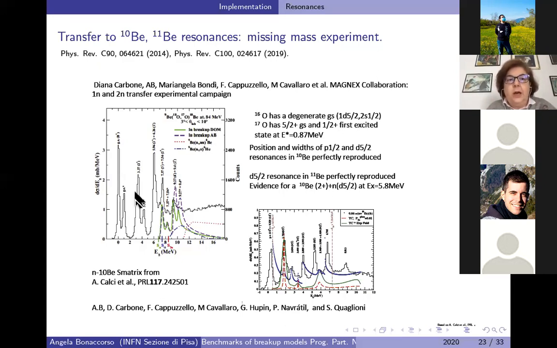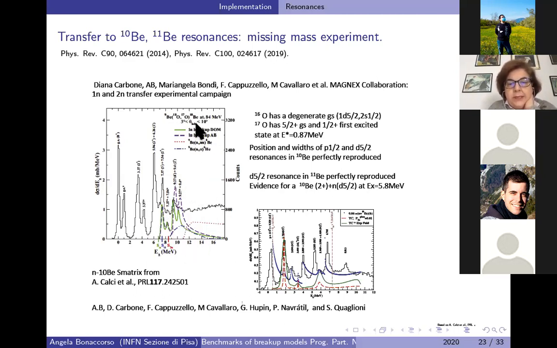You measure the core, which has lost 1 neutron, to resonances in a target like beryllium-9, with 1 neutron transfer or 2 neutron transfer. In this case, if you have the correct kinematical conditions, you can see the resonances in your target. And it was easy to apply my model and the optical model calculation to the case in which we had